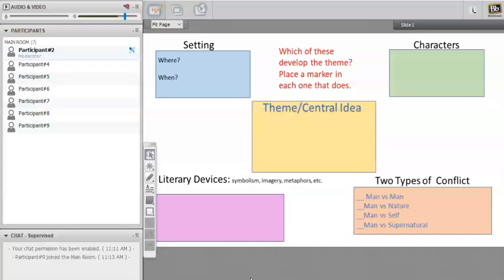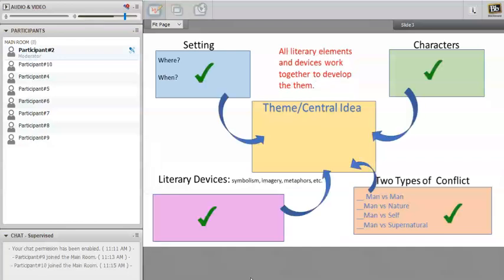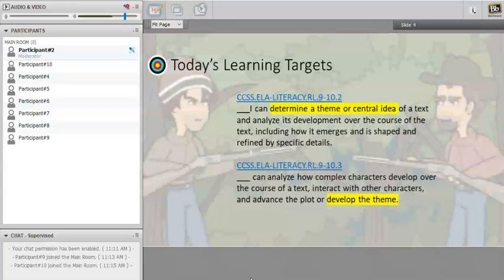And which items on the board do you think help develop the theme or show the reader the theme, contribute to the theme? Okay, we're going to be talking about theme here in just a minute. But your targets, what you should be able to do by the end of our session, is say, I can determine the theme or central idea of a text and analyze its development over the course of the text. So we're watching a movie, but there's also the Interlopers short story is in your literature